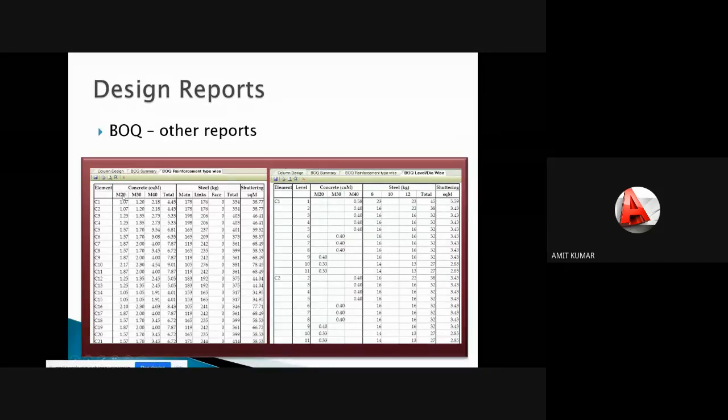to the concrete types. If you are using the M20, M30 and M40 concrete grades in the same structure, as sometimes in the column we use the M25 or M30, and in case of slab we use the M20 grade. That means in the same structure we can use different types of concrete grade also. So you can get the details according to the concrete grade also, and also you will get the details according to the level also. So that means here you will get 3 BOQ file types: BOQ summary, BOQ reinforcement detail, and BOQ level and dia wise, level wise data.